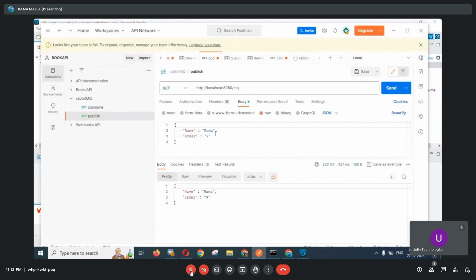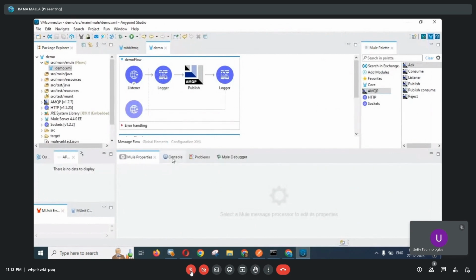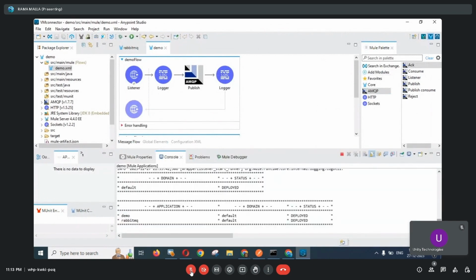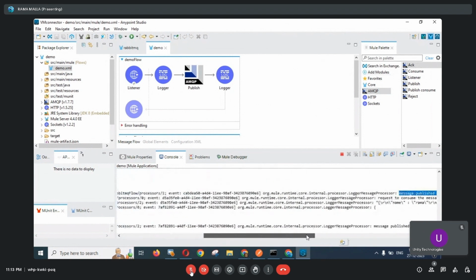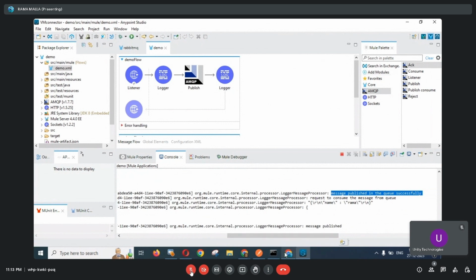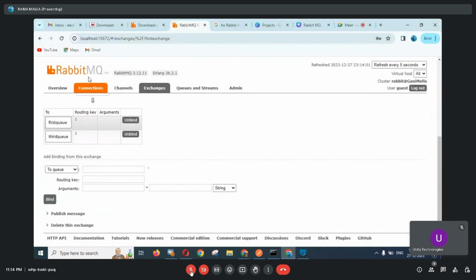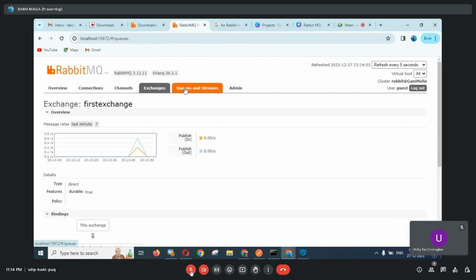So this is the message I want to publish in my queue. Let me change this from order 1. So you can see this logger message, "message is published". And if you go to the RabbitMQ page, you can see here in this queue one